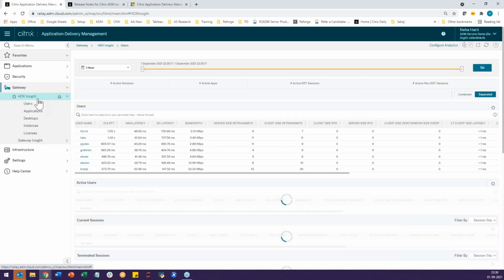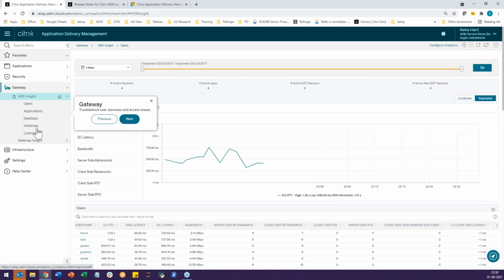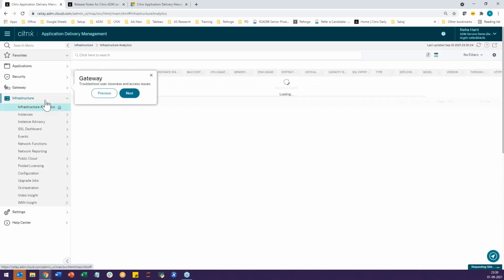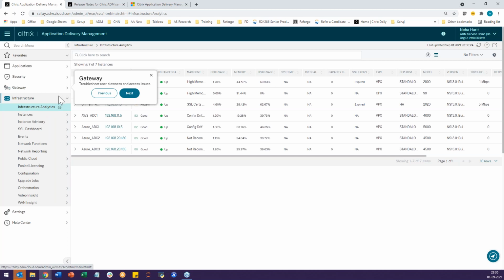Next is gateway, which consolidates HDX Insight and Gateway Insight. Infrastructure, everything which was there under networks node earlier is under this and more. We have tried to consolidate and clear the clutter from the main focus areas and navigation. If you see here,